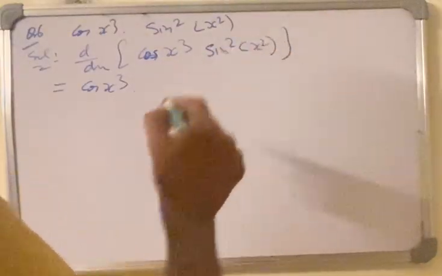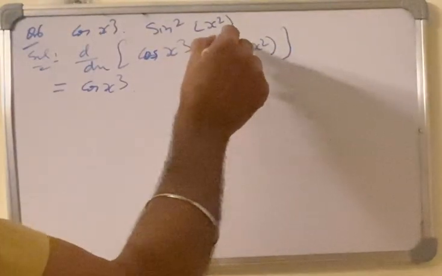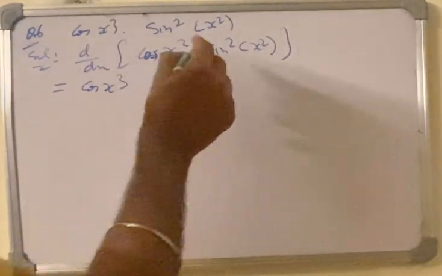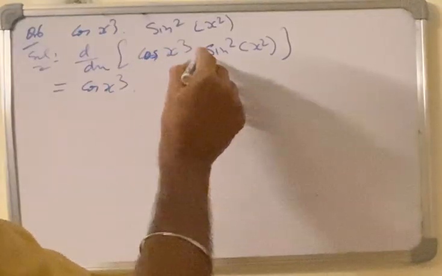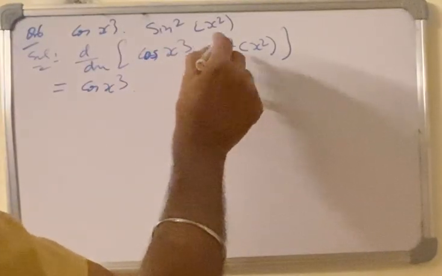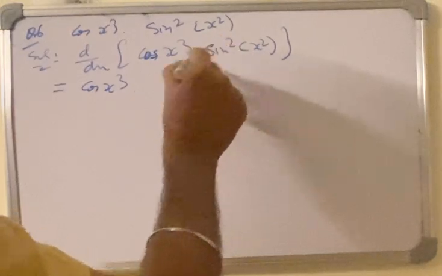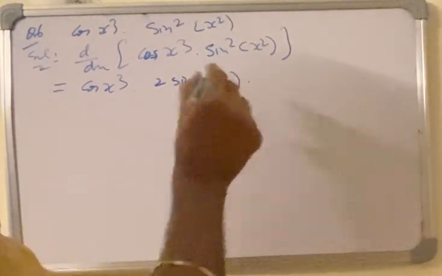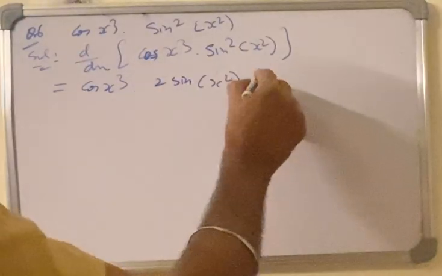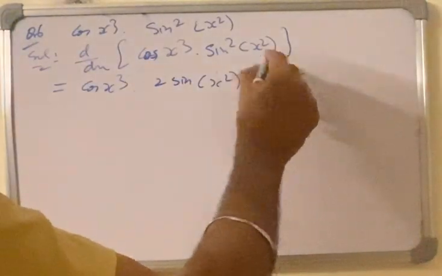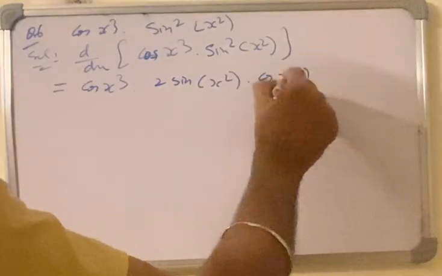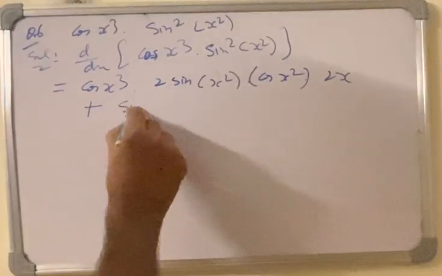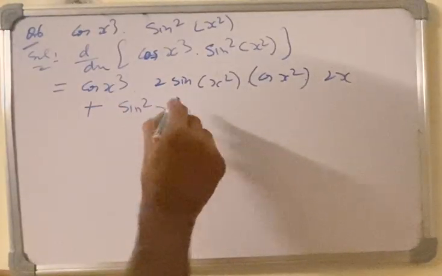sin square x square. There are three functions. First is square, another is sin, third is x square. First of all, we take derivative of square. So derivative of sin square x square is 2 sin x square into derivative of sin, which is cos x square, then derivative of x square is 2x, plus sin square x square into